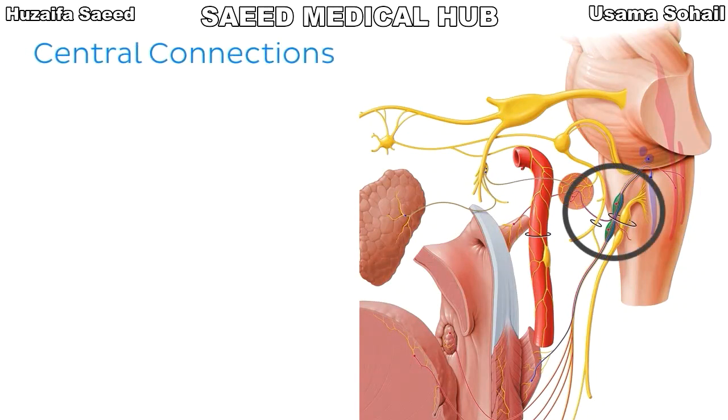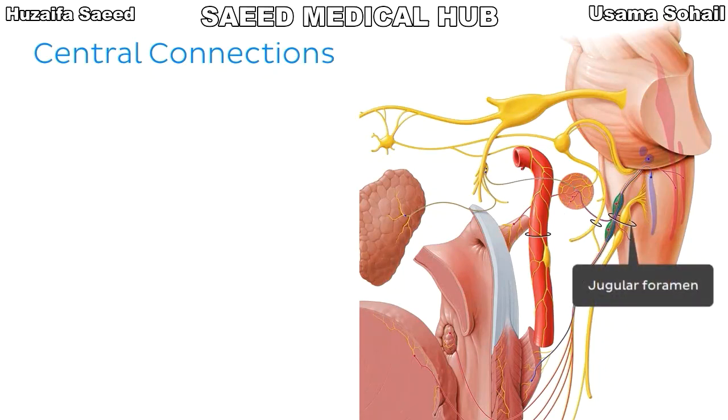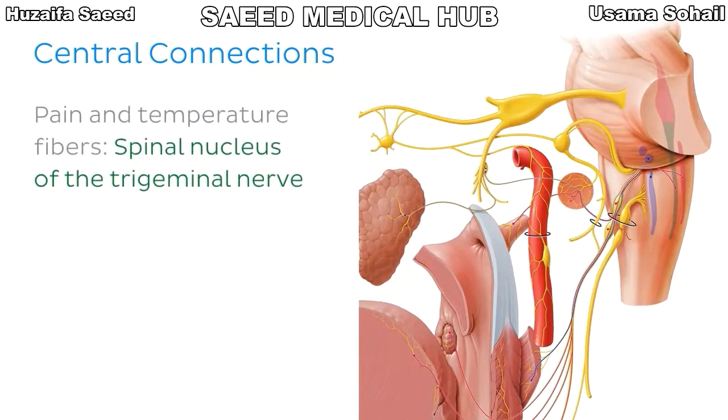which you can see here highlighted in green on this image. This is where cell bodies of these sensory neurons are then located. Once through the jugular foramen, like you see here on the image, they enter the lateral aspect of the medulla oblongata. Pain and temperature fibers will synapse in the spinal nucleus of the trigeminal nerve, seen on this green highlight,